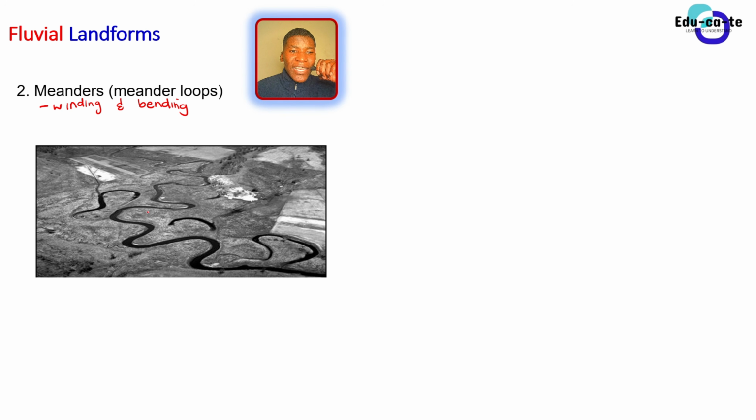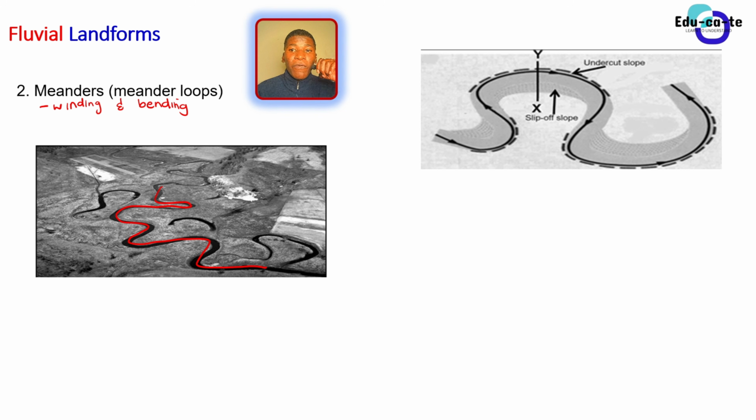So literally, you can say that the river here looks like a snake because it has got bends. In this image, you can see that the river looks like a snake. It is bending in the way. So those bends are known as meander loops. So meander loops are just what? They are just bends and winds of a river. So a meander loop looks like this from the top. So this is more like a plan view. So this is the plan or the top view of a meander loop.